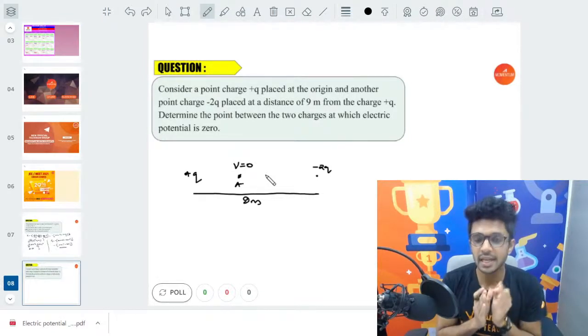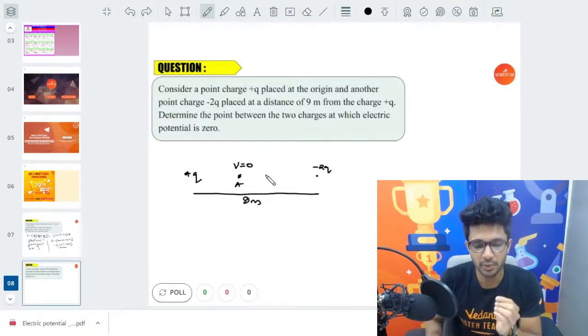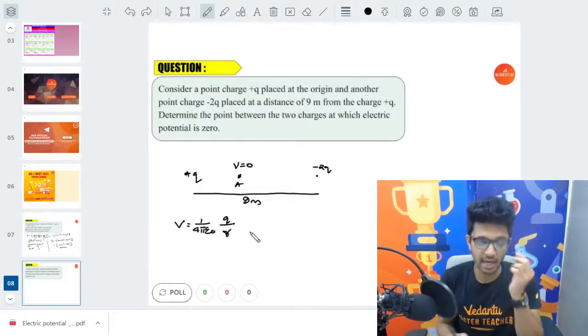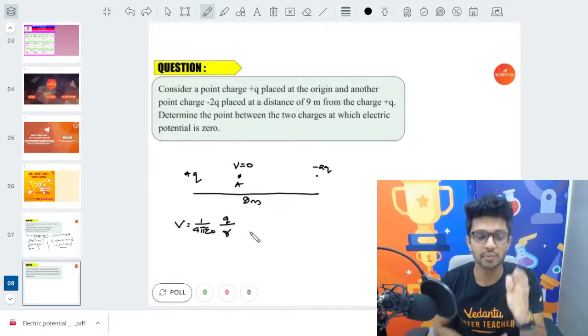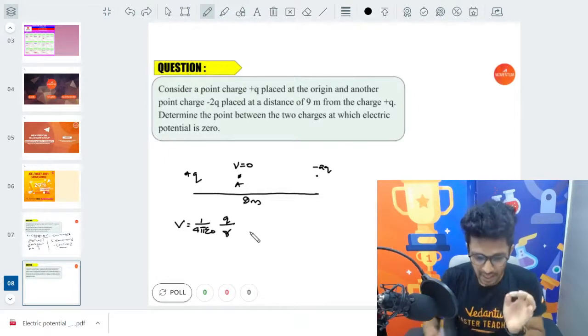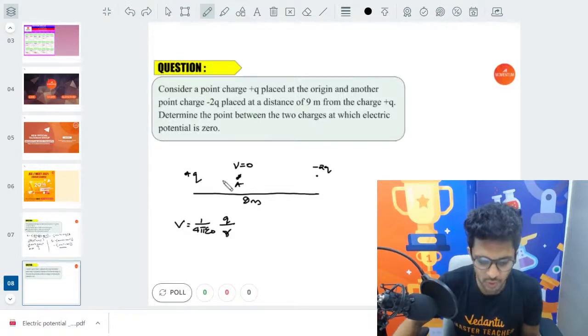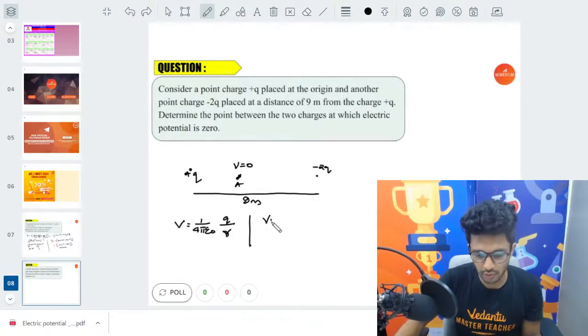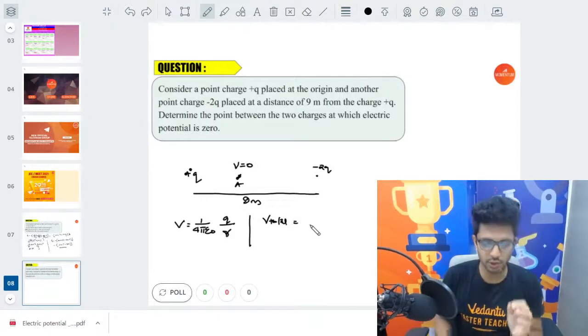First, you should know the potential produced by a single charge. What is the equation of the potential produced by a single charge? The value of potential is equal to 1 by 4 pi epsilon 0, the charge q divided by r, where r is the distance to the point from the point charge. I hope everyone knows this. So the net potential at the point A is produced by this positive charge plus Q and the negative charge of minus 2Q. So the total value of potential is equal to